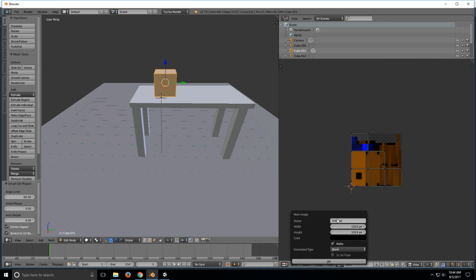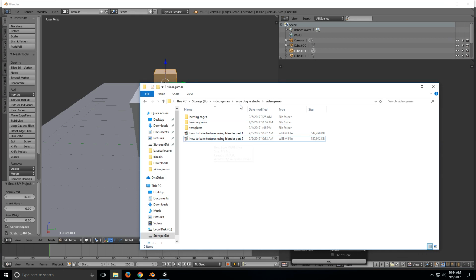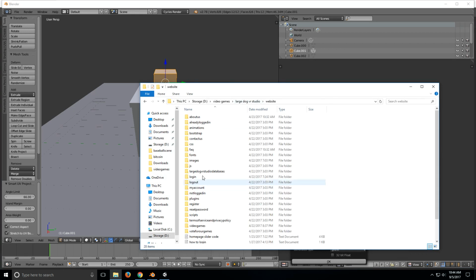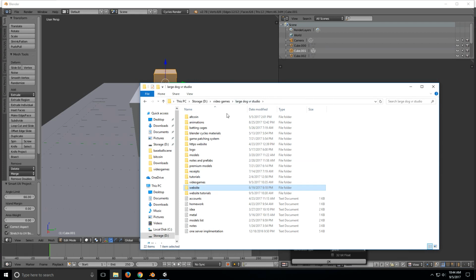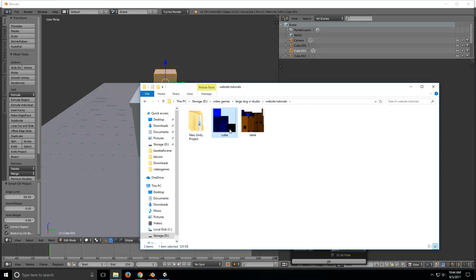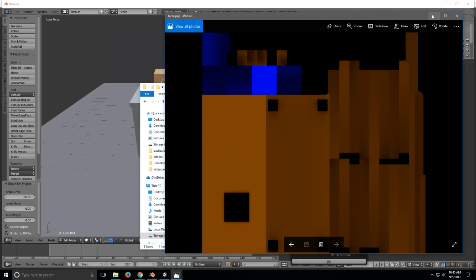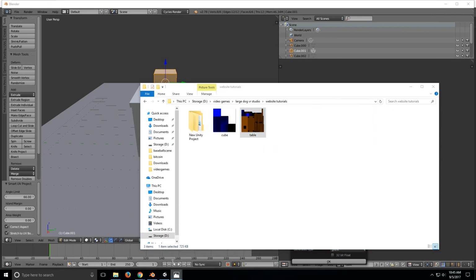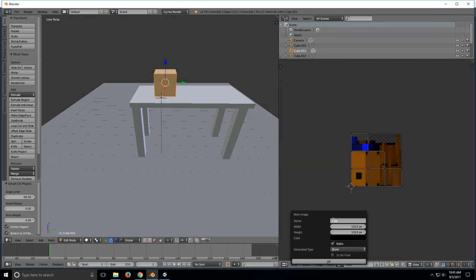Now you're going to name it. So let's name it cube. And I think actually I'm going to have to go in here. These will be the final results, basically. One's just the cube baked, one's with the cube and the table baked out. So we'll just name it cube 2,